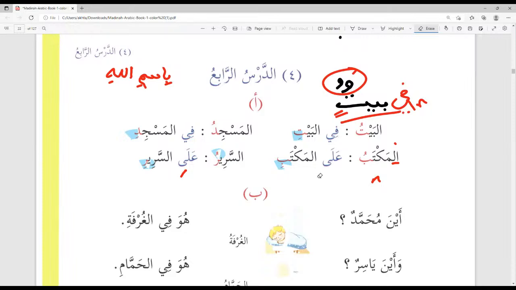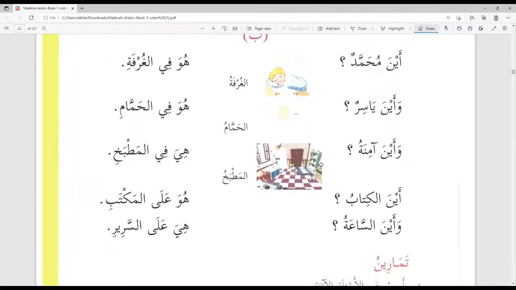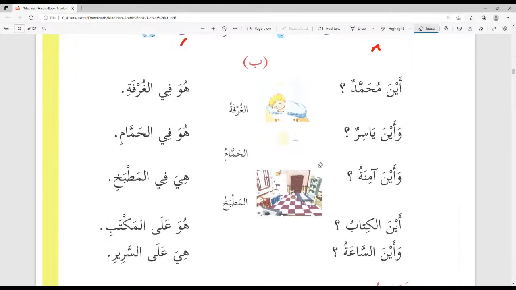Now, we have a short conversation. I'll pick, so there's 1, 2, 3, 4, 5. I have Sayyid and Talha. Sayyid, you read the question, and Talha, you will read the answers. So here's the question and here's the answer. We're going like this. تفضل. أين محمد؟